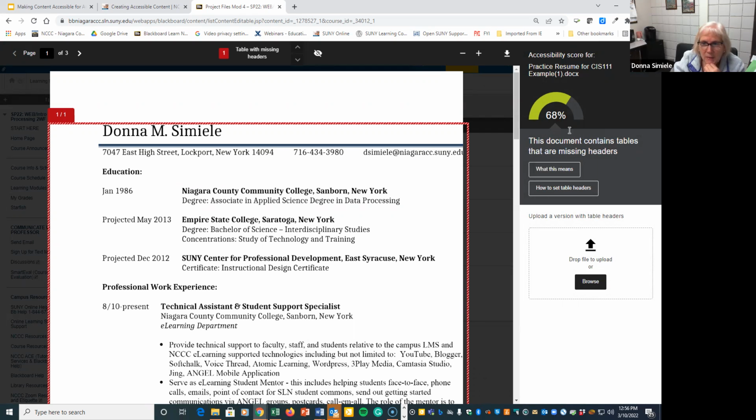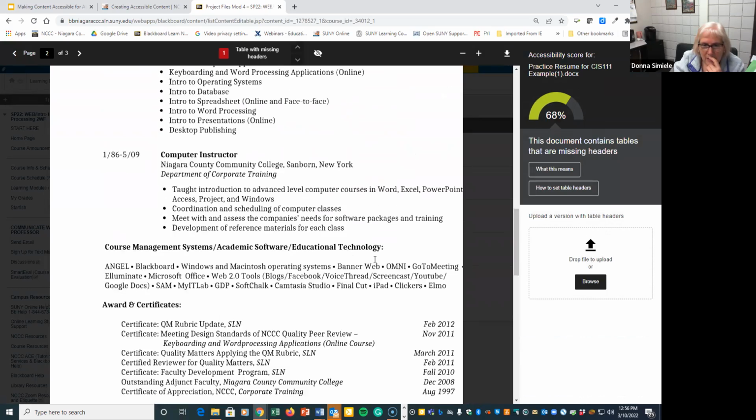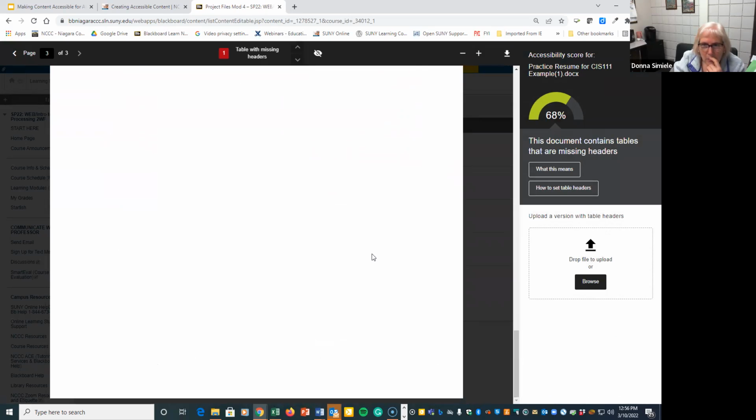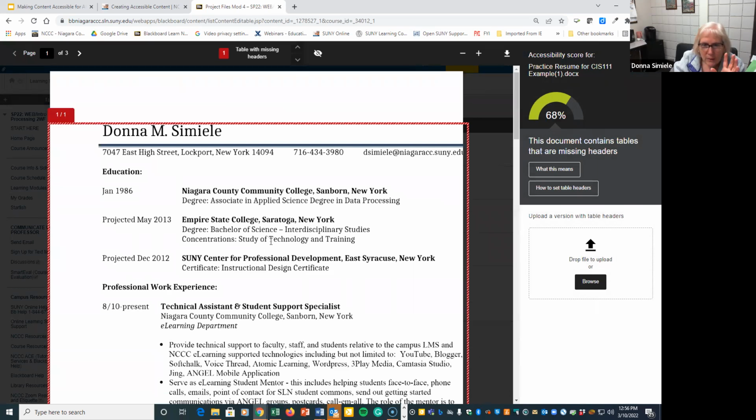So it's telling me that there's a problem with tables and missing headers, and it tries to highlight it in here. So this one here is just the whole thing is a table. So this is an example of where you normally wouldn't use a table for a placeholder. But for me, this is for me, not for the students, so I wouldn't have to worry so much about